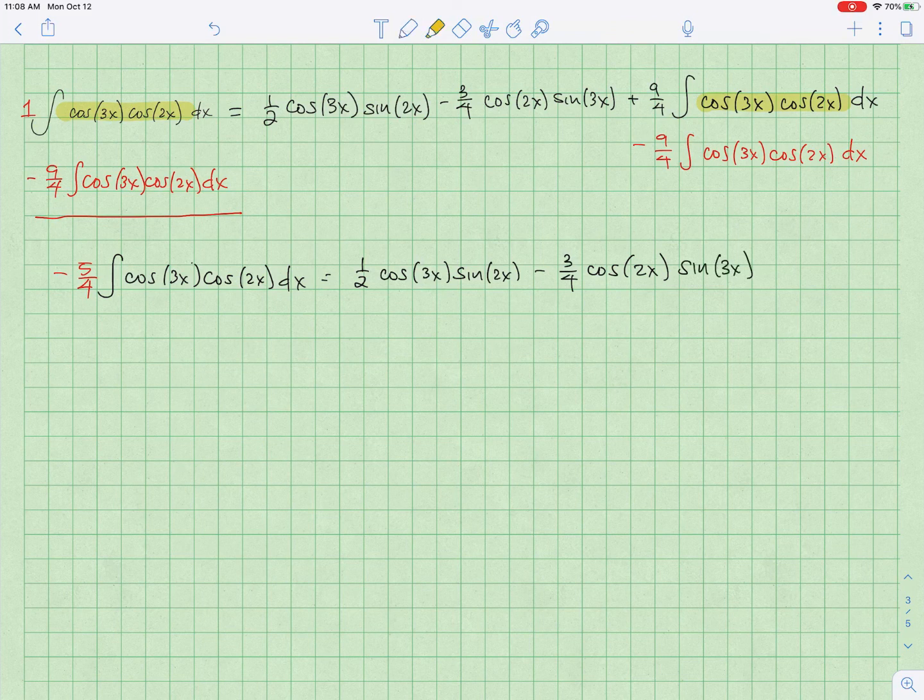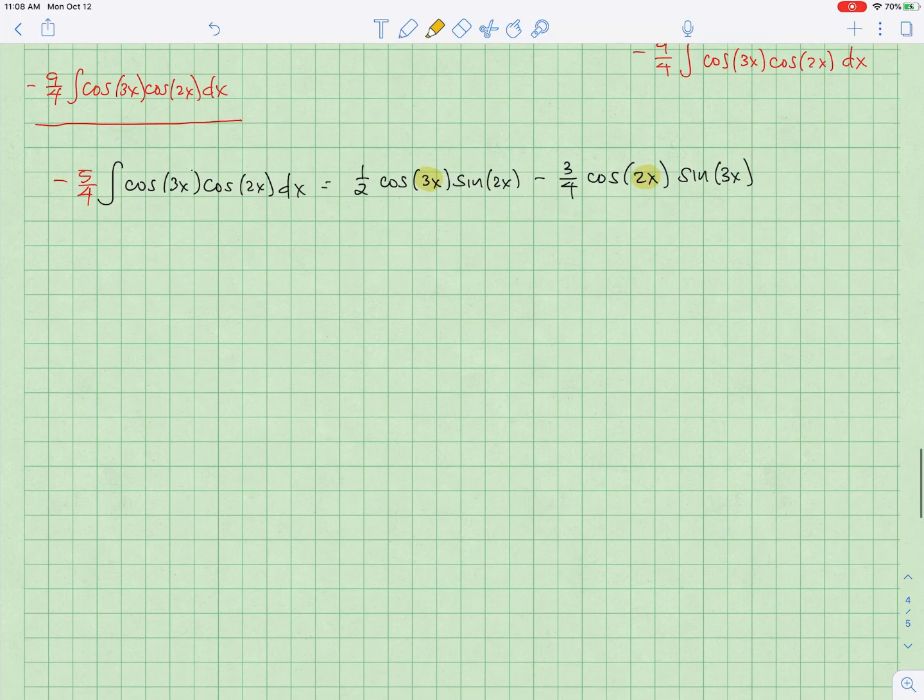Now those aren't like terms. Please note that these angles are not the same. We can't just combine those into a single like term. But what we can do is multiply both sides by negative 4/5, so that the integral of cosine 3x cosine 2x dx is equal to negative 2/5 cosine 3x sine 2x plus 3/5